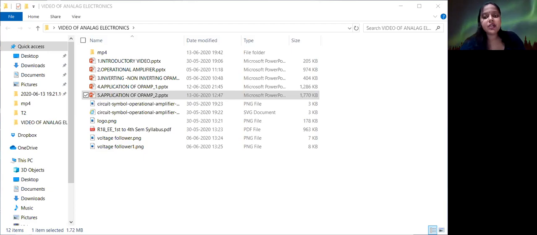Now we need to know what the applications are. Yes, these are the applications of the differentiator circuit. Whenever we give an input signal as a square wave, we get spikes as the output signal. If we have a triangular wave and we need to generate a rectangular wave, we can use a differentiator circuit. And from a sine wave, with differentiation, we can have a cosine wave. So these are the applications of the differentiator circuit. Okay.